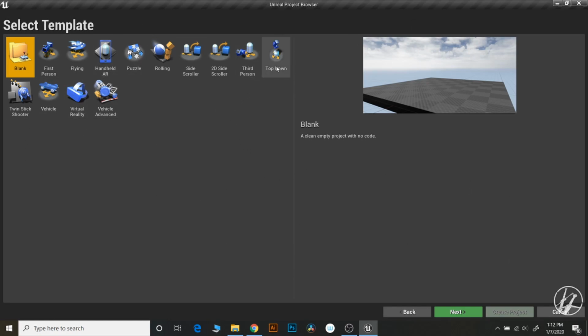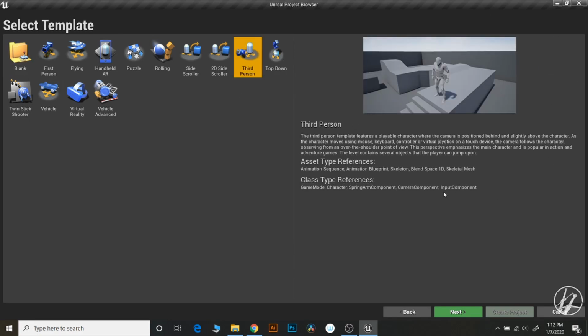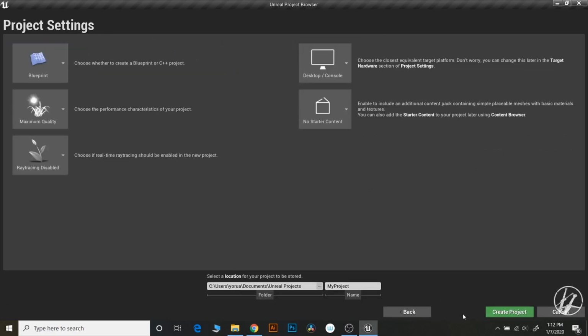Now we are going to go with the third-person blueprints setup because this already gives us the character and everything else set up from the beginning, so that we can focus solely on making the sprinting mechanic. So just make sure you're using blueprints, and let's name our project. So let's try sprint dash underscore test